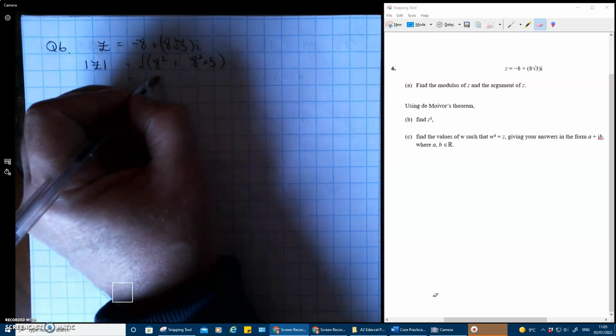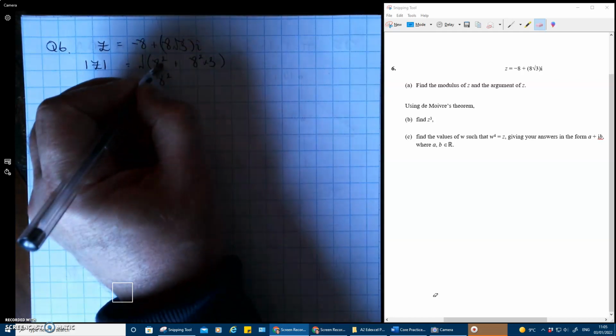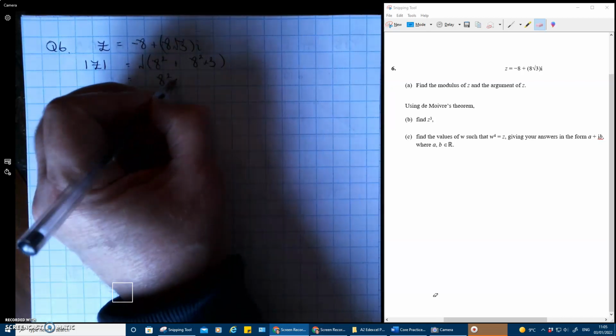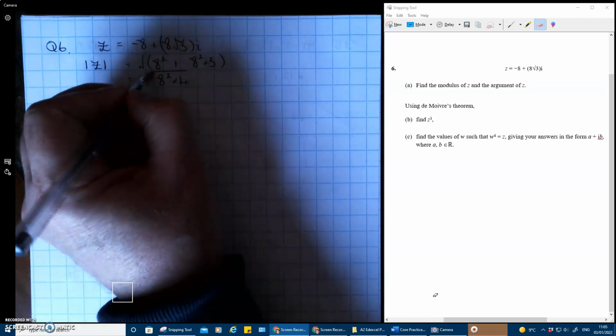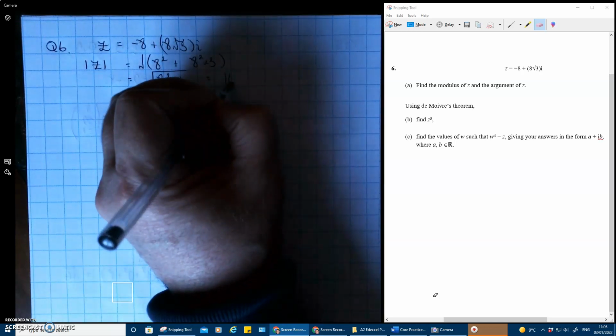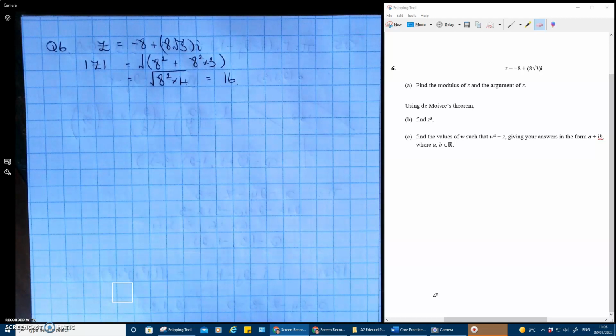So we've got 8 squared, we've got 1 squared and 3. 1 and 3, so we've got times 4. Could do this on a calculator clearly. So it's 16. Okay, so that, and the argument,